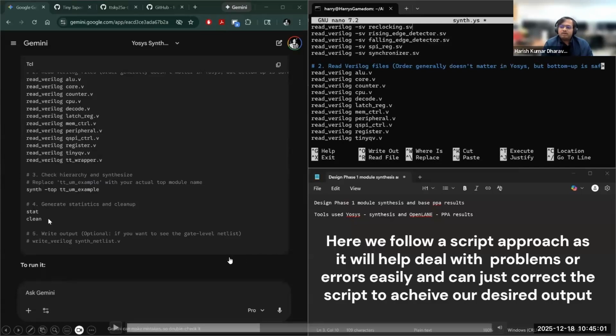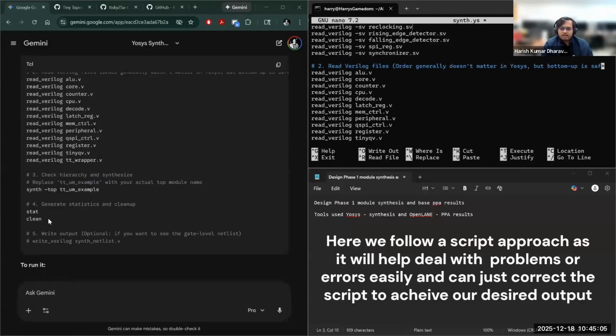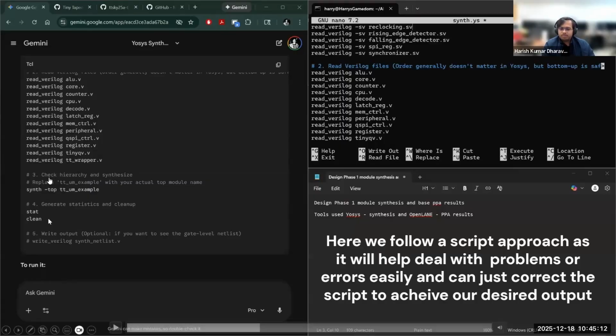Other than that, I would like you guys to take clear note: when you're using AI, please do not just randomly copy content, but also read through what it says. Suppose here it says, replace TT-UM example with your actual top module name, which we only know is within the TT wrapper.v. So if we move forward,